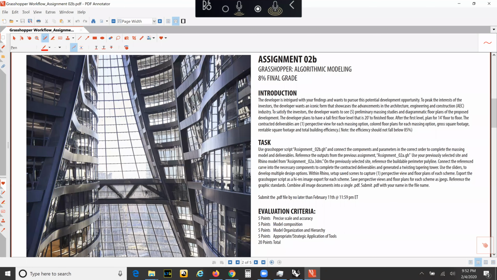So you're going to be referencing the assignment 2B Grasshopper script. What I recommend is using your Grasshopper script from assignment A and your Rhino file from assignment A. Reference those, and you can pretty much copy and paste the Grasshopper assignment 2B into there. And what I mean by that is, if we open up simulation and fabrication,